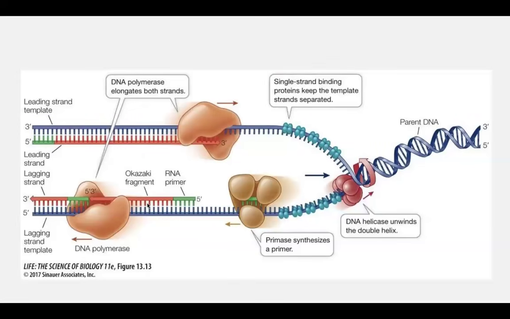So as you see here, you have two strands of DNA, right? You have your leading strand and your lagging strand. So the leading strand is read from 3' to 5' because that makes it easier to create your DNA strand from the 5' to 3' direction, because 5' to 3' is the natural direction. So DNA polymerase will easily be able to elongate the strand if it reads the leading strand from 3' to 5'. So it creates a 5' to 3' strand.